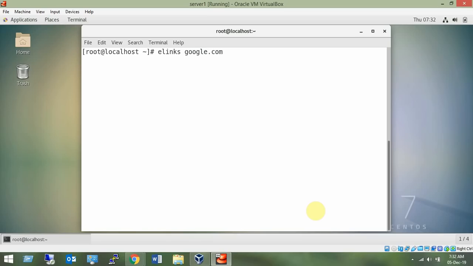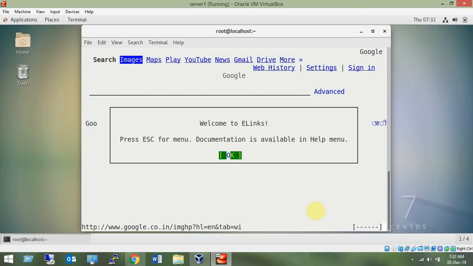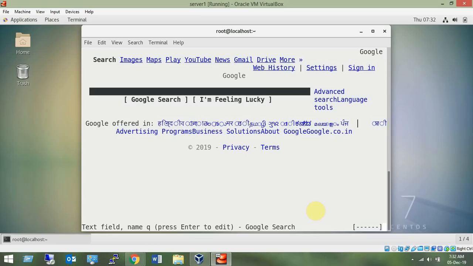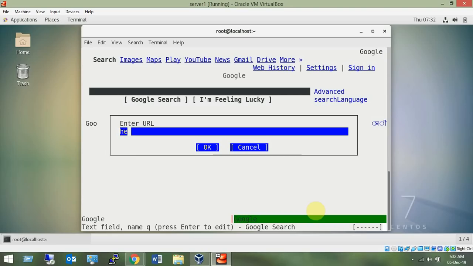It will open the website in a text based browser. Welcome to elinks. Press escape for menu. Documentation is available. For help menu, click OK, and now you see it is just a Google browser, and you can type, go to different links, and here you can type, let's say, the Skillpedia.